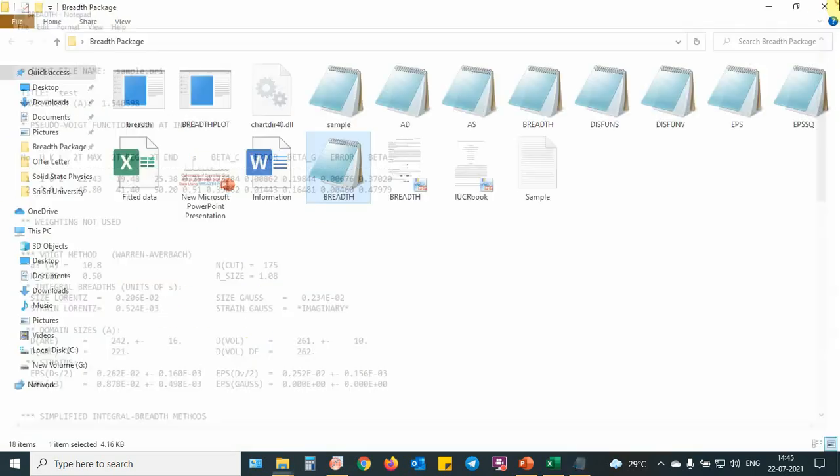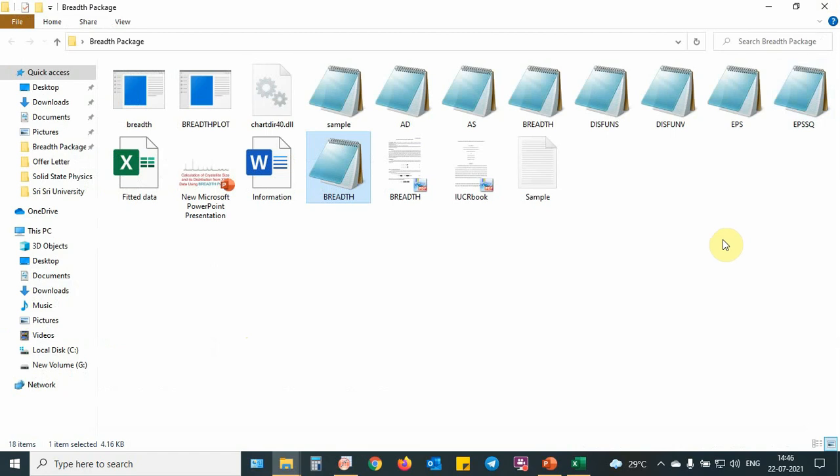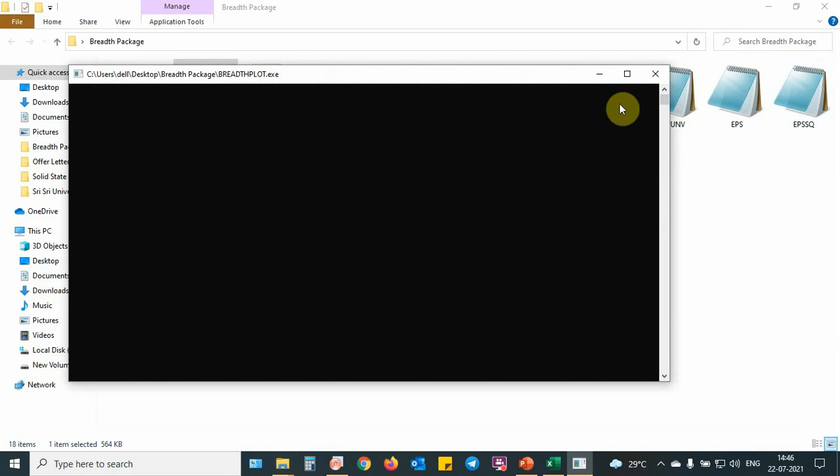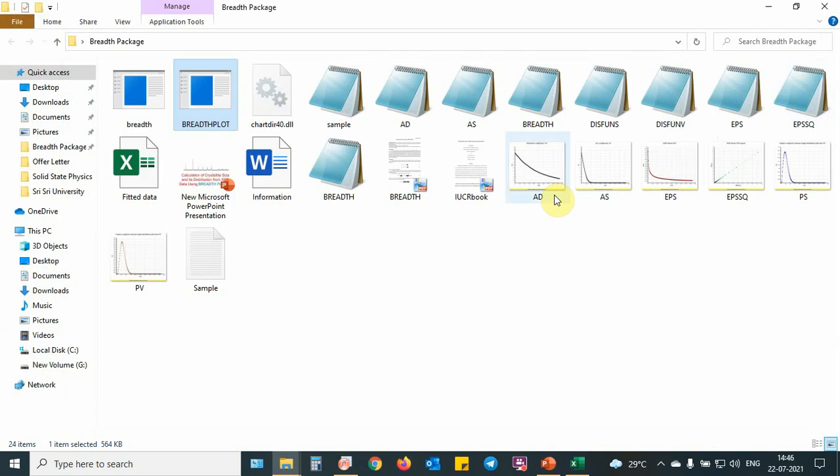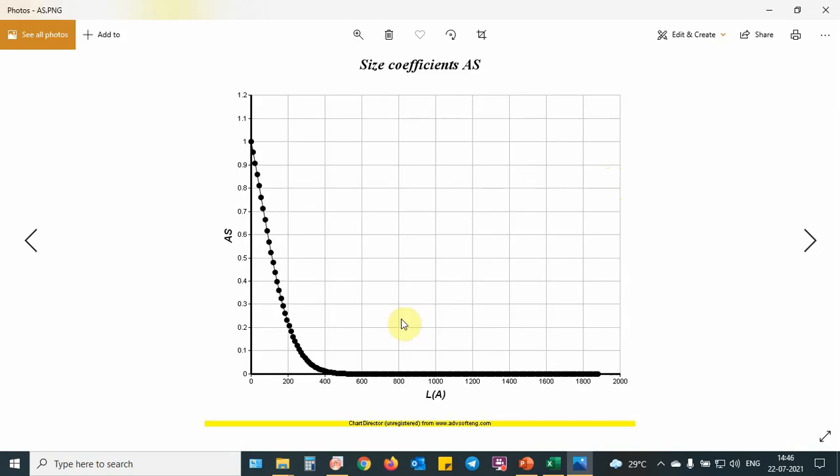Now I am going to show how to plot this data. You see here a breadth plot is there. If you double click that, the output files will automatically be used, you just need to enter it, that's all. Then you can see the Fourier coefficients plotted, and this is the slope.